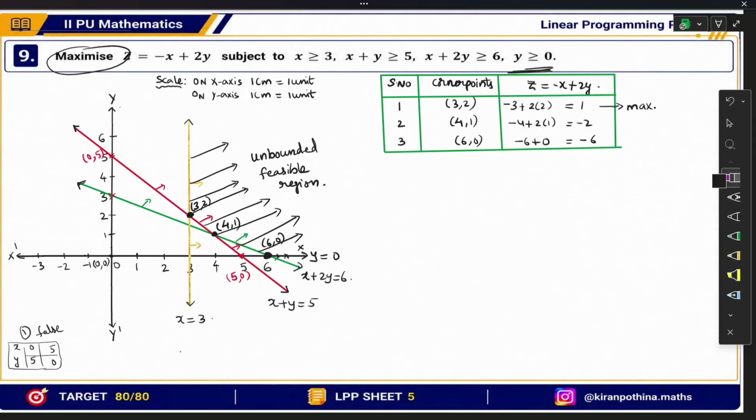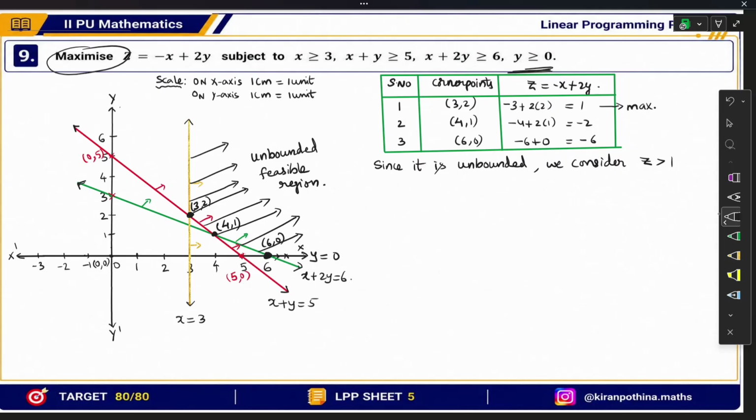We will consider maximum value of z is 1 at (3, 2) we will conclude. But here since it is unbounded, we should not conclude our answer is 1. So what we need to do now is, since it is unbounded, we consider